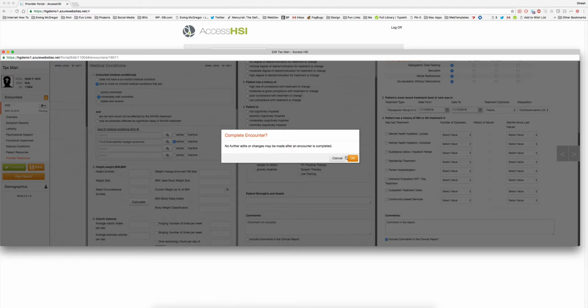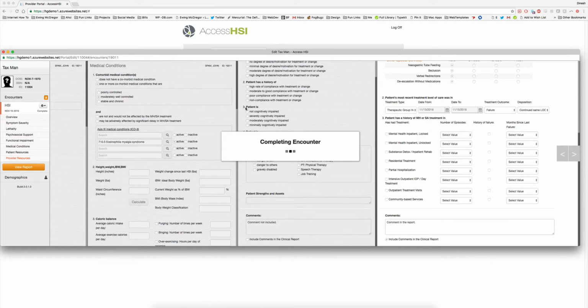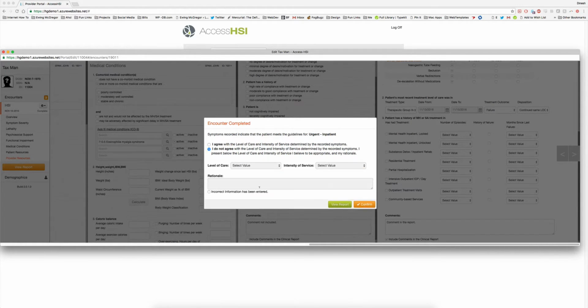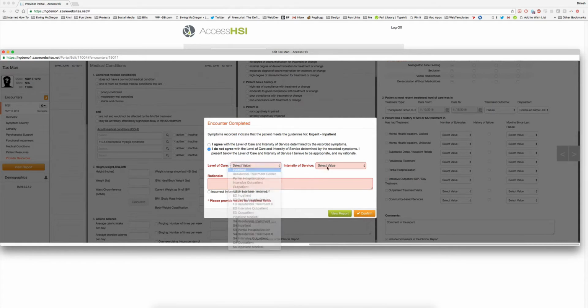If you complete an AccessHSI, you will no longer be able to edit, but you'll be presented with the algorithm's decision for meeting the guidelines. These are the medical necessity guidelines, and this one suggests urgent inpatient. If you agree, you'll get the ability to confirm. If you don't agree, you cannot confirm until you've selected a level of care, typed a rationale,